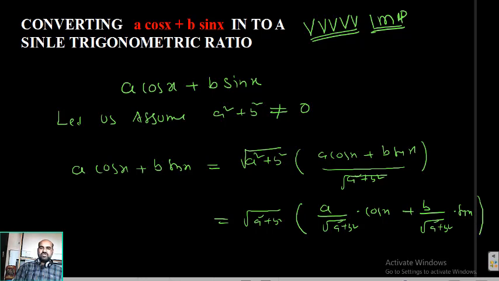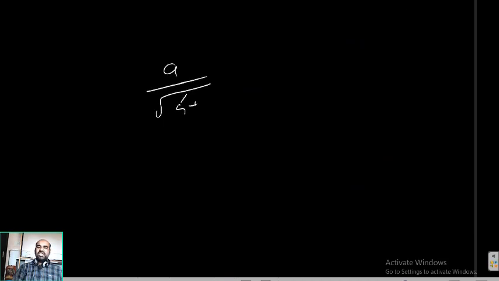Okay. So this is a cos x plus b sin x. I am assuming this is some sin or cos of some angle, because a by root over a square plus b square obviously lies between minus 1 and 1, whatever a and b values may be, with one condition: a square plus b square is not equal to 0. The value of a by root over a square plus b square lies between minus 1 to 1 only. That's why there exists alpha so that this value equals sin alpha or cos alpha. Okay, friends, listen. Whatever a and b values, take any a and b value, your wish. A equal to 10, b equal to 1000, whatever it may be.